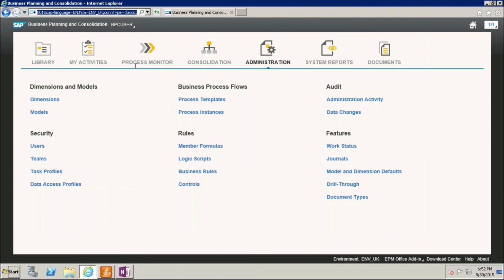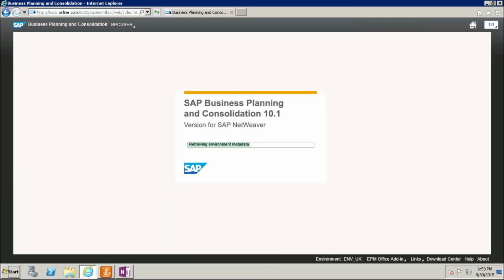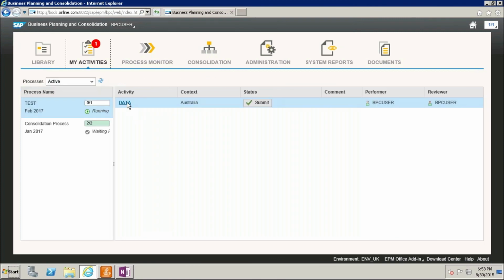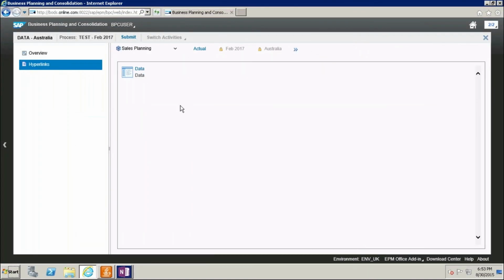When I refresh this, I got the one activity here, the data, and it is running. Just go here, hyperlink data. Yes, that is done.